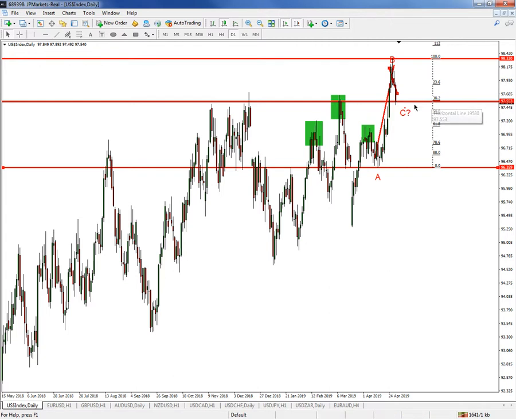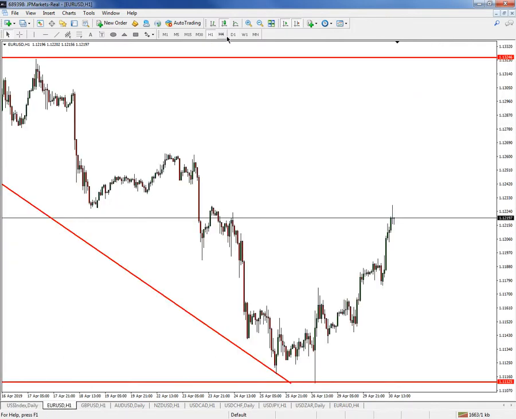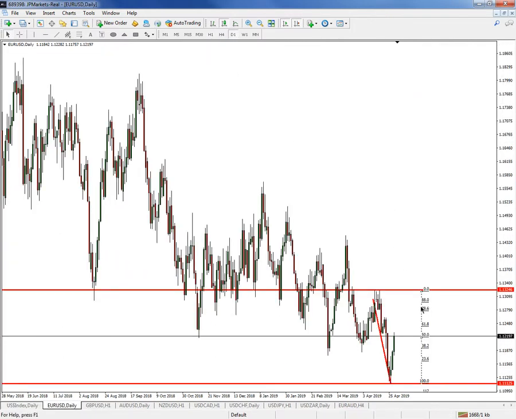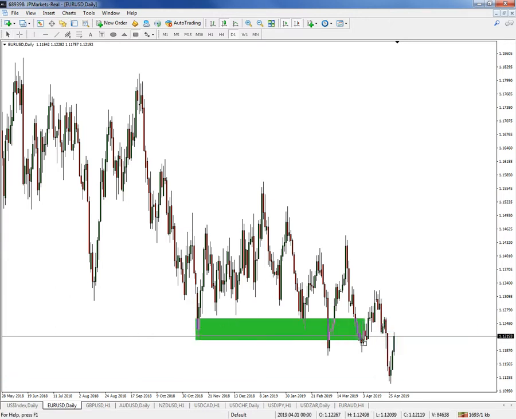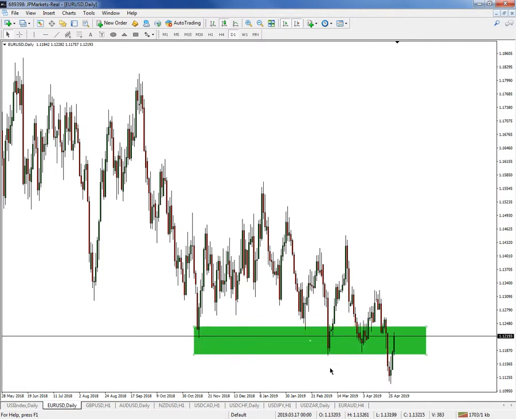Now that we know that we could potentially see the dollar strengthening on a daily time frame, we must go and look for a potential trade towards the dollar. And if I go over to my Euro USD, I see here that we have currently broken a level of support. We have this area over here of support, which has currently been broken. This area of support broke through down and has pulled back up to retest support as resistance.